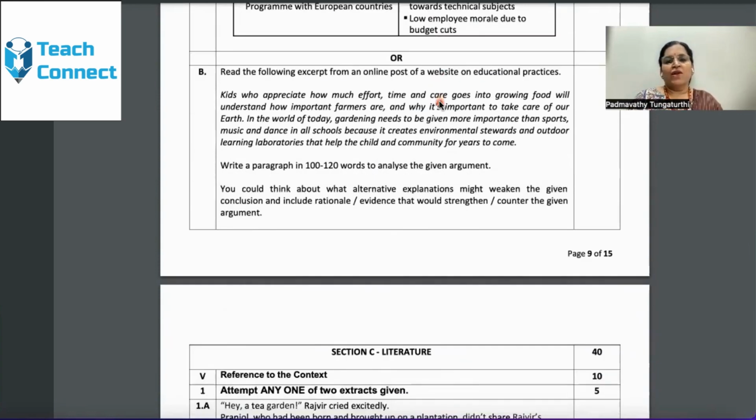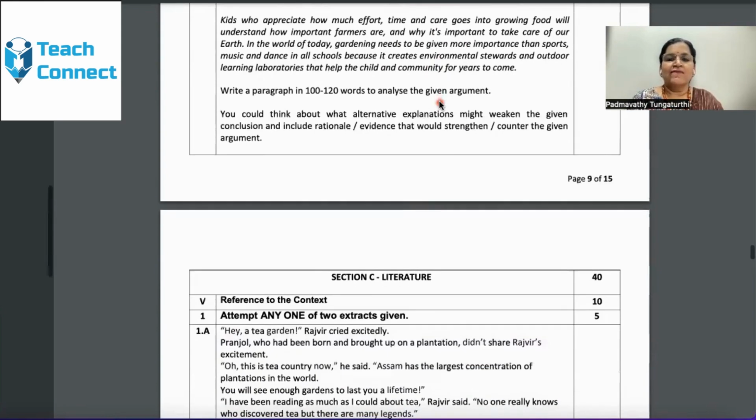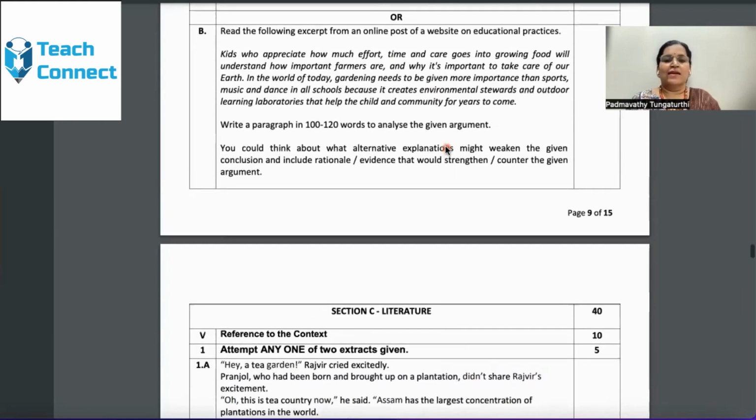Now, read the following excerpt from an online post of a website on educational practices. Now, here we are given how should we support the statement. Again, it is 100 to 120 words to analyze the given argument. How much effort, time, and care goes into growing food?